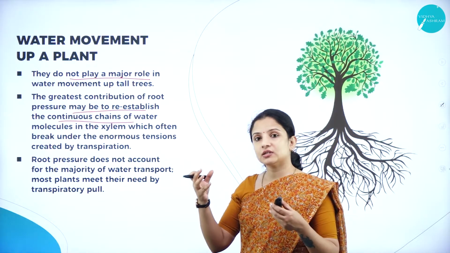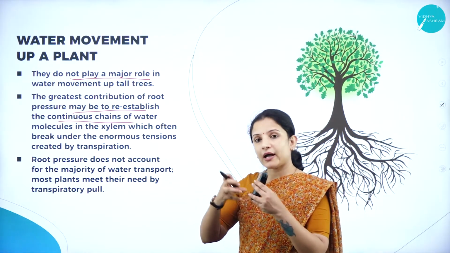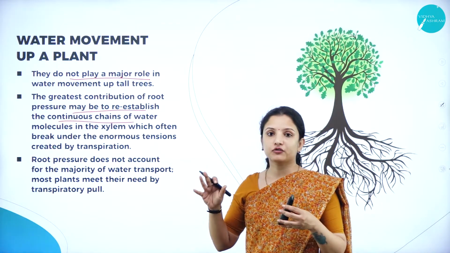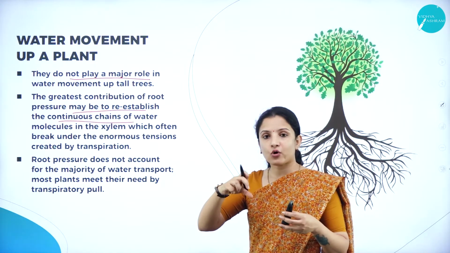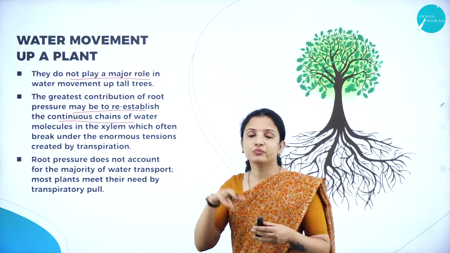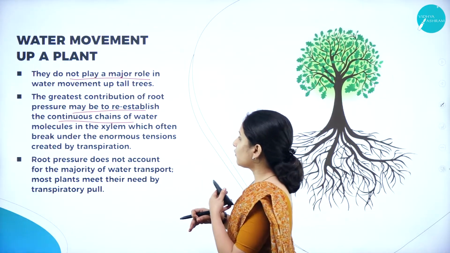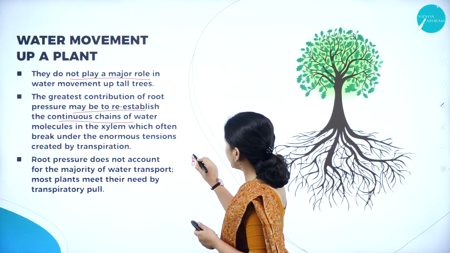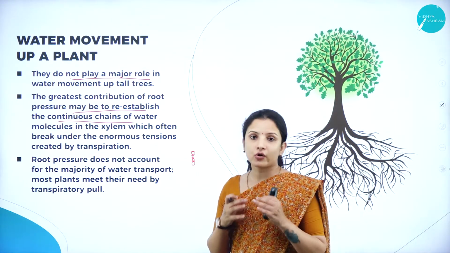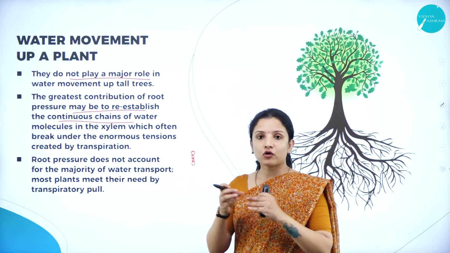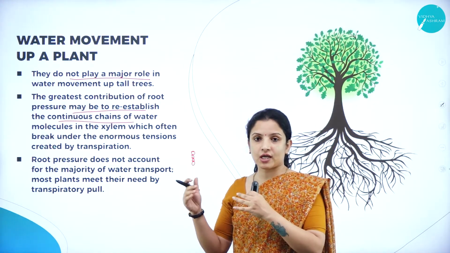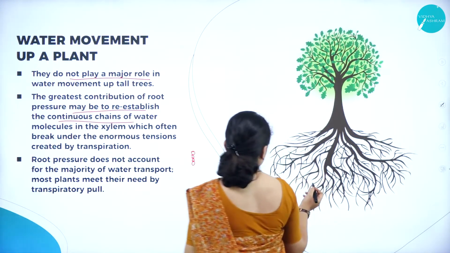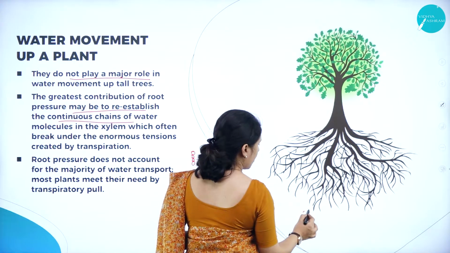Therefore, how is it transferring? Through the root pressure. As the water is moving from the root through the xylem into different parts of the plant body, again that water that has moved out of the xylem should be refilled, right? If it has to be refilled, there should be a continuous chain of movement of water. It is called cohesion of water. That is, the water molecules should form a continuous chain wherein they are attached to one another by a hydrogen bond.